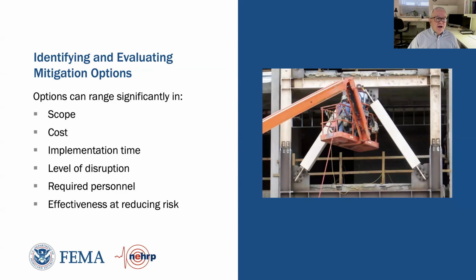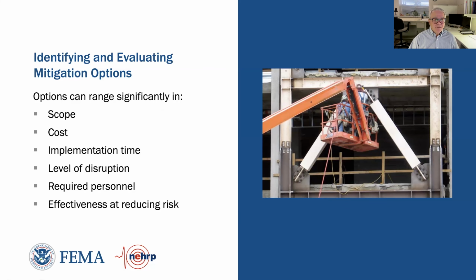Now talking about identifying and evaluating these mitigation options, they can range in scope significantly, both in terms of the scope, how much you're going to do, the cost, how much you're willing to put forth to mitigate, and the implementation time. Sometimes it can take years. Sometimes it only takes time during unoccupied slots for schools. Also the level of disruption that's involved, the required personnel, and then the effectiveness of the selected risk reduction strategy. All those things can vary and figure into